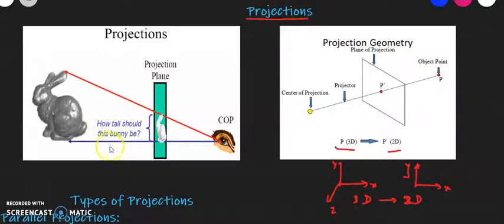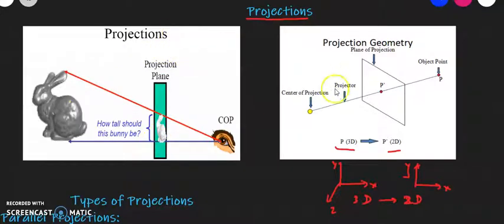A simple illustration for projection: when I say I am going to put it on 2D, that means I need a screen coordinate for it, or rather we call it a projection plane. Now, I am looking towards the object, which is in 3D, from one side of the projection plane. I want to get it mapped on my 2D system. So this is where this particular 3D object gets mapped on my 2D system if I am looking from this particular point to my 3D object. This is what is required from projections basically.